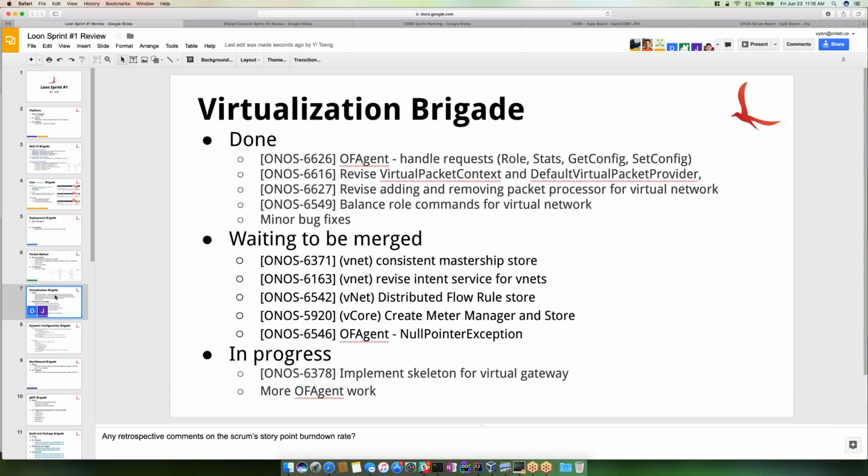Also, there were changes made as to when the packet processors were added and removed in the packet provider. Also introduced in this sprint was the balanced role command for virtual networks. And there were various minor bug fixes which have not been listed over here. Lots of changes are waiting to be merged. Two of